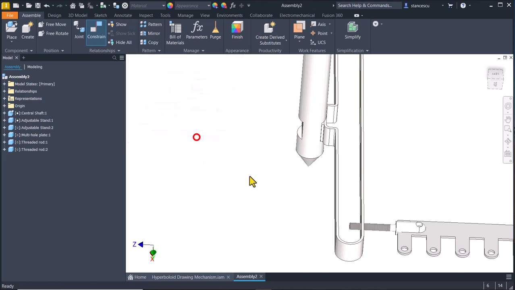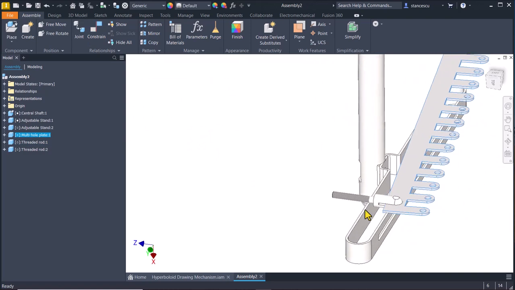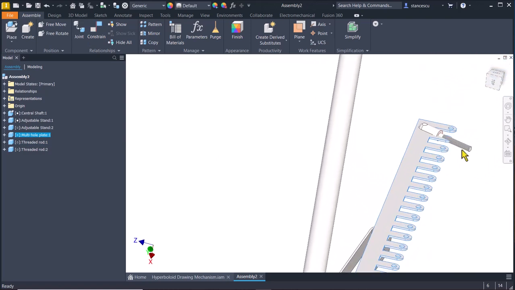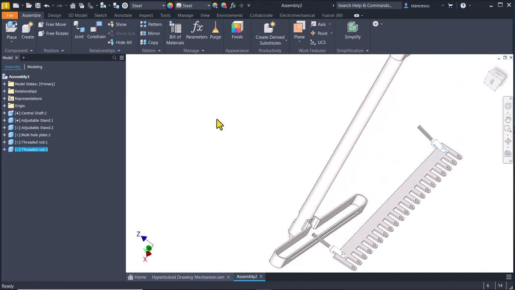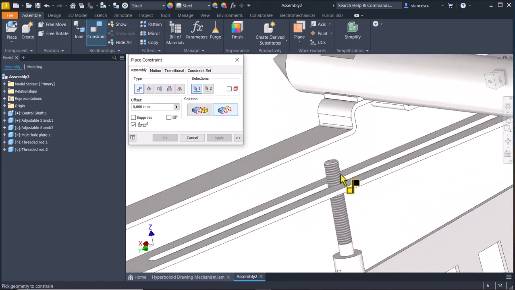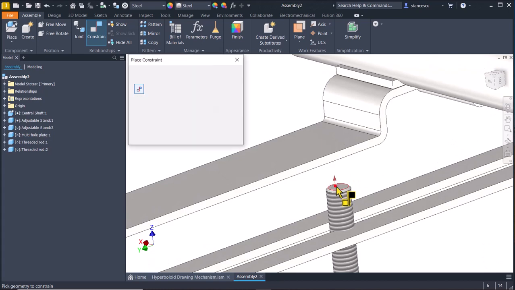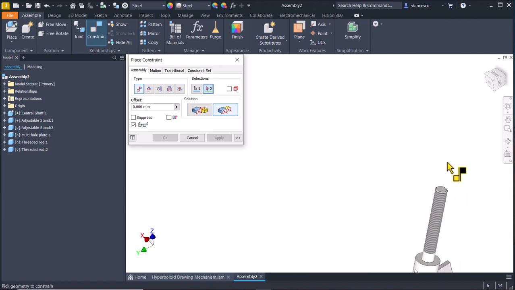Apply. We can move this, but let me place the other with the flush option between this and this plane. Now we take more than 1 degree of freedom,